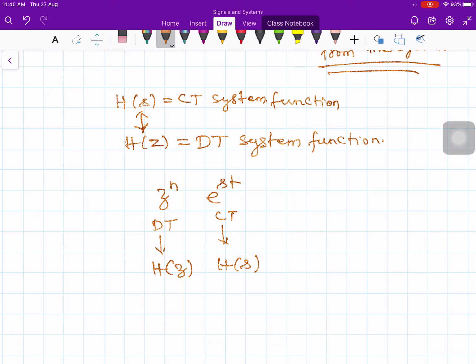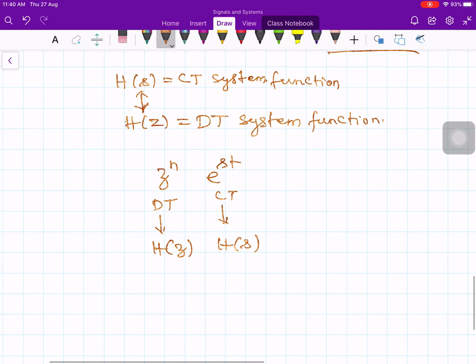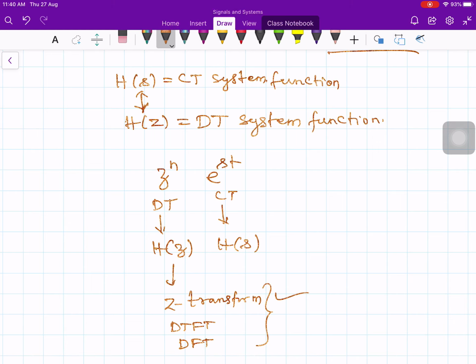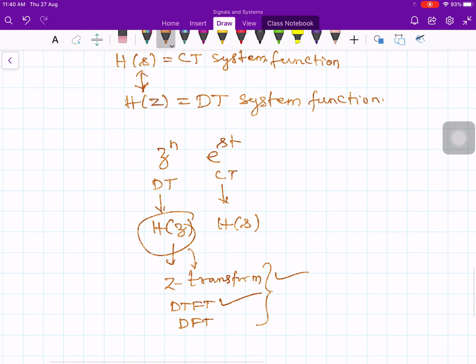Probably at the end of the course when we deal with discrete time systems, especially the z transform, then the discrete time Fourier transform, then the discrete Fourier transform, where we will use this H of z. So this H of z is very much useful in the z transform. This H of z is a parallel development applicable to discrete time systems. It completely follows the same lines that we have for the continuous time system.